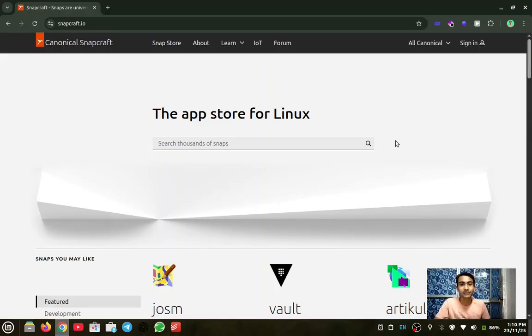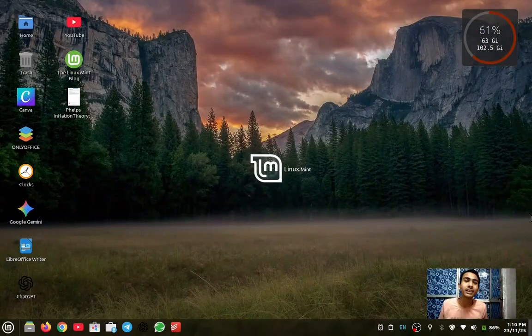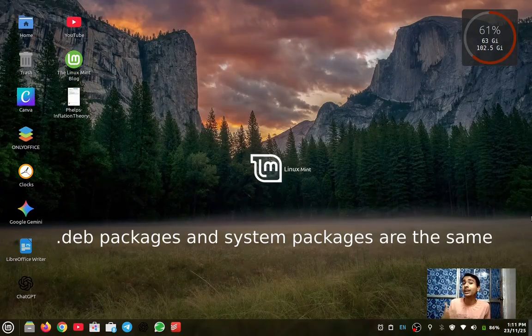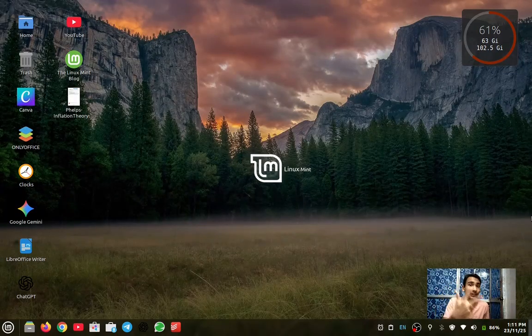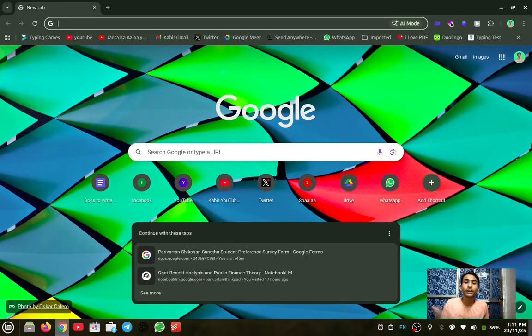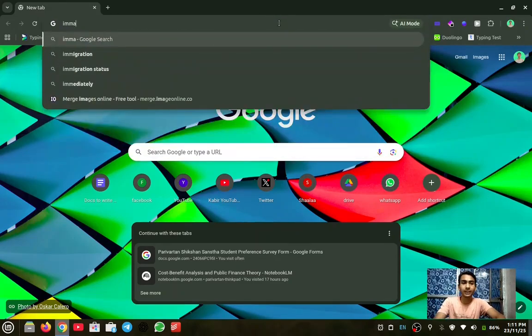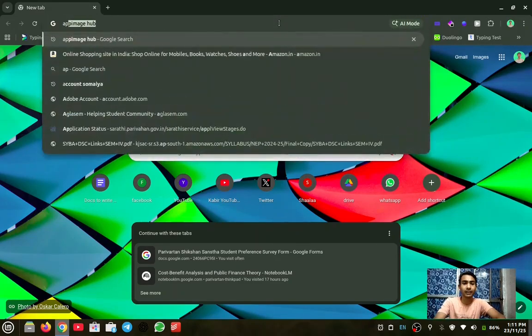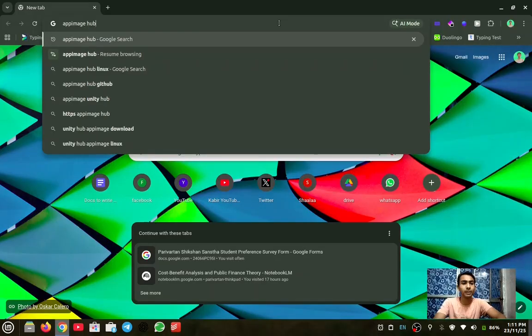So that's the thing. Now let us see AppImages. I have told you about the system packages, the .deb packages. I have told you about flatpak and snap, that's three, and there is a fourth and I can say the last packaging format for Linux. It is the AppImage. So let's go to the AppImageHub website. I think AppImageHub,